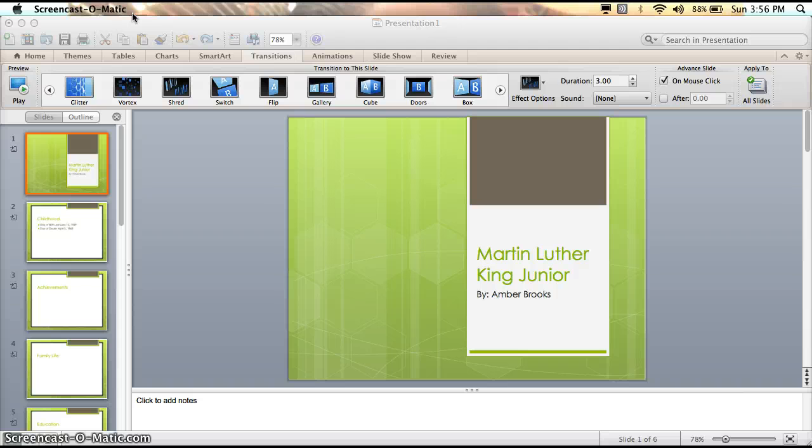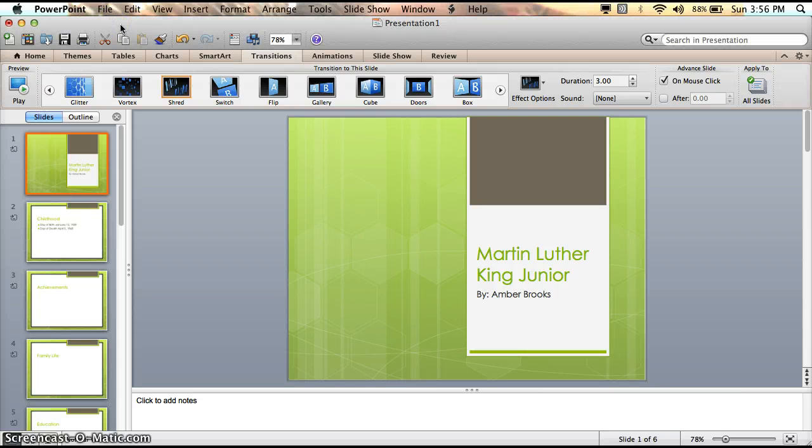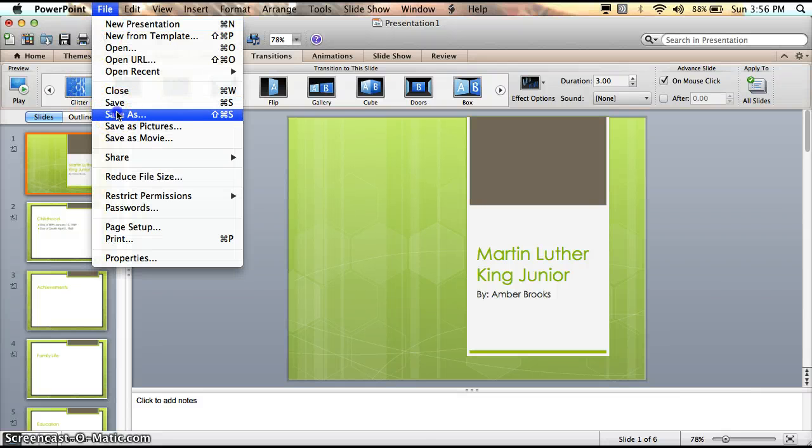One thing that I did forget to mention at the very beginning of my PowerPoint presentation is the fact that we need to make sure that we save your PowerPoint. This is something that you will make sure that you do at the beginning after watching this presentation instead of kind of towards the end where I did it. And this is where you're going to click your file, save as,